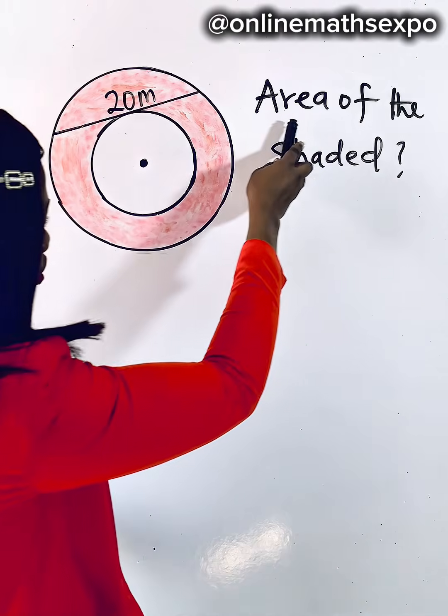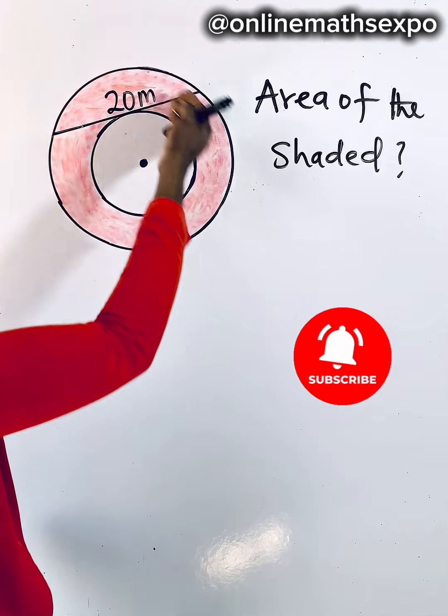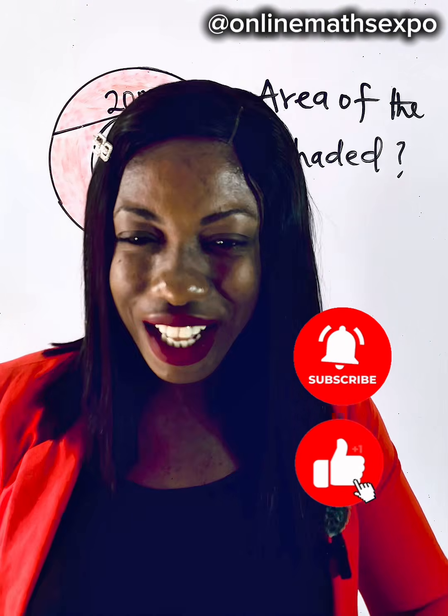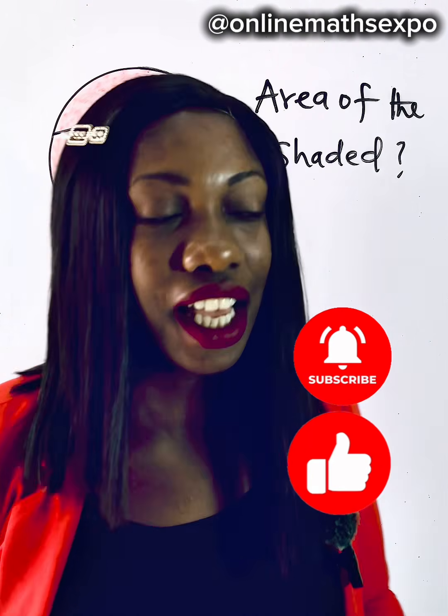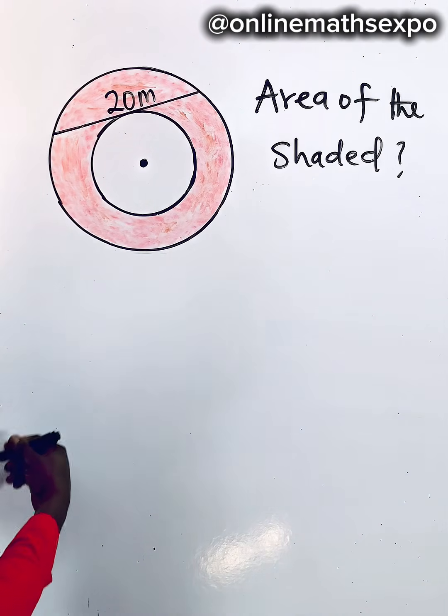We are asked to find the area of the shaded. The shaded region is this. How do you do that? Don't worry. I'm going to take you through that step by step. It's just so easy. Now, for us to get the area of the shaded region, you just know that the